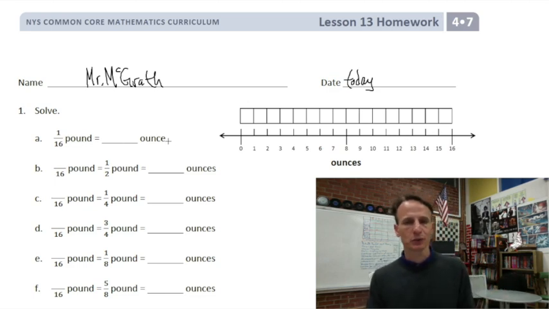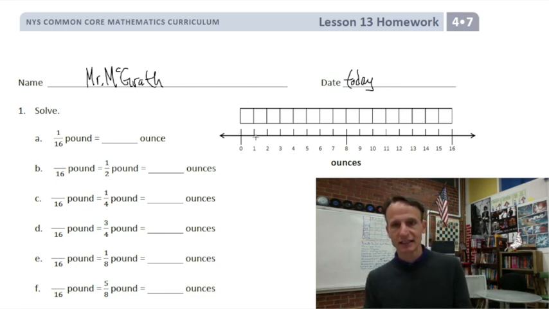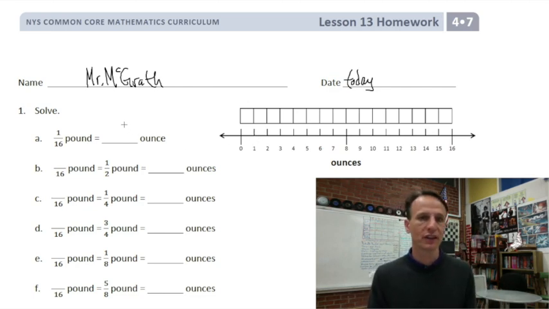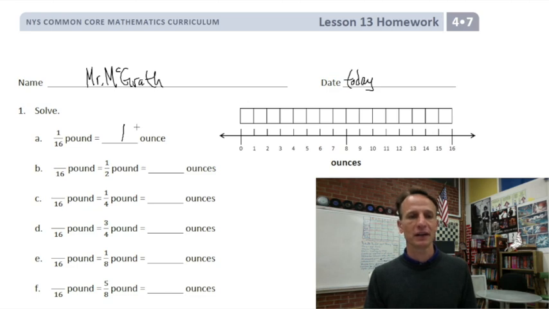1/16 of a pound equals how many ounces? This was the whole point of that lesson, lesson 13, right? If you look at this, here's a pound all the way here. This is 1 pound on this number line or in this tape diagram. Then 1 out of the 16 parts, 1/16 of a pound, is 1 ounce. And so armed with that knowledge from letter A, that 1/16 of a pound is 1 ounce, we can figure out things like, hey, 2/16 of a pound is 2 ounces, 3/16 of a pound is 3 ounces,